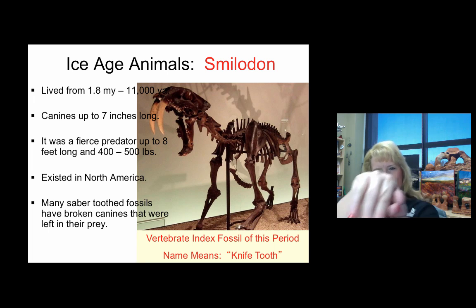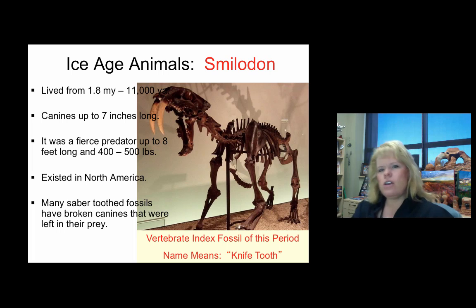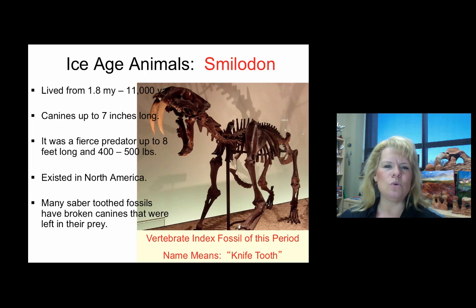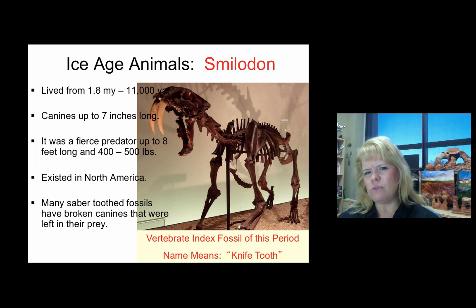One thing I'd like to point out is their jaw actually opens at about 120 degrees. And that's really important because they had to open that big in order to get those fangs in to puncture their prey. So these guys would have punctured and disabled and probably dragged their prey off to die to their den. Some large cats still do that today. So this was a fierce predator getting up to about 500 pounds. But it's an interesting predator because these saber-toothed cats were built for ambush hunting, not for sprinting.